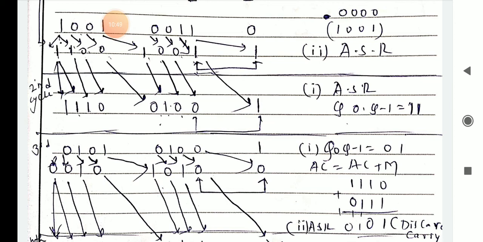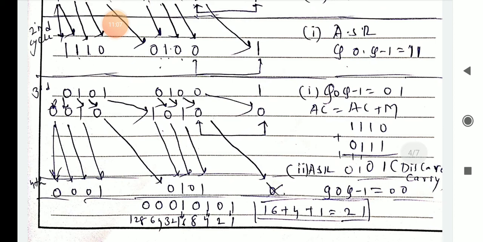and as it is you have to write your Q 0 1 0 0, and your Q minus 1 should be what? 1. So then you have to do the arithmetic shift right. So 0 comes here, 0 comes here, 1 comes here, 1 shifts here, so then 1 shifted to here, 0 here, 1 here, 0 as it is you have to write, and preserve that 0, one more extra 0 you have to write. So then you are getting 0 0, directly the completion of that third cycle. So whatever result you are getting from that third cycle, let's start with your fourth cycle.